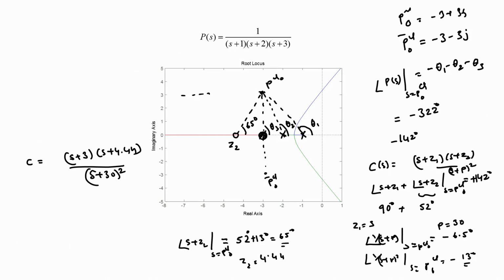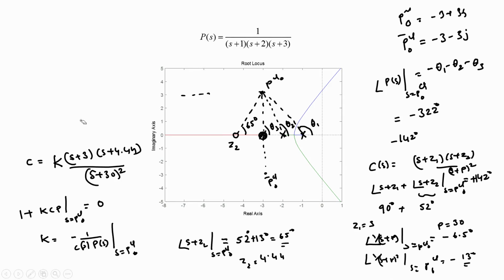What has to be done in order to get it to be exactly at PCL naught and PCL naught bar is to choose an appropriate gain k for the controller in order to get the closed loop poles to be located at these two particular locations. To find the value of the gain k, we employ the standard equation for root locus, namely 1 plus k times C of S P of S at the point S equal to PCL naught equal to 0, or in other words the gain k necessary would be equal to minus 1 by C of S times P of S at the point S equal to PCL naught.